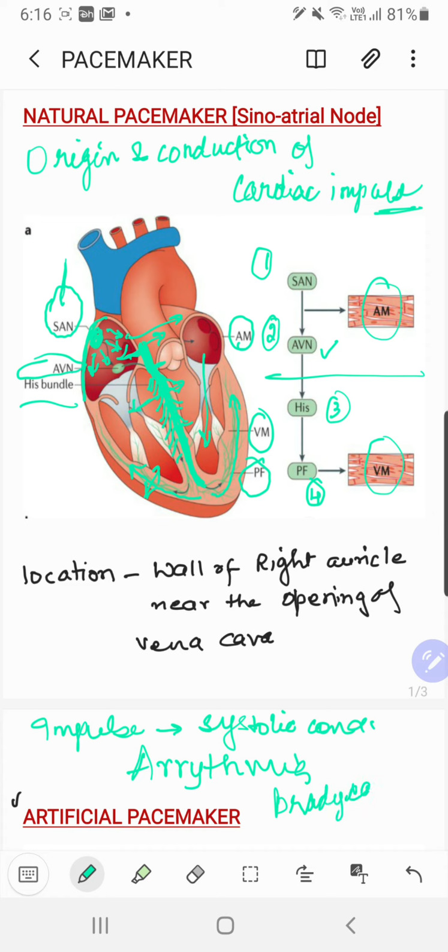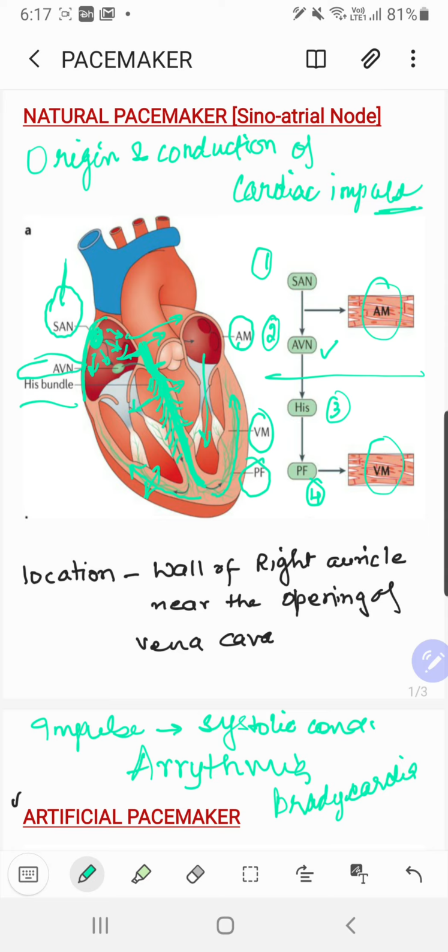Bradycardia is also a condition where the rhythm of the heart is affected and the heart starts beating much slower than the usual rate. The number of beats goes somewhat below 60 if this bradycardia condition is there. Two words are there: bradycardia, lower than normal beat, and tachycardia, which is higher than normal beat, right?